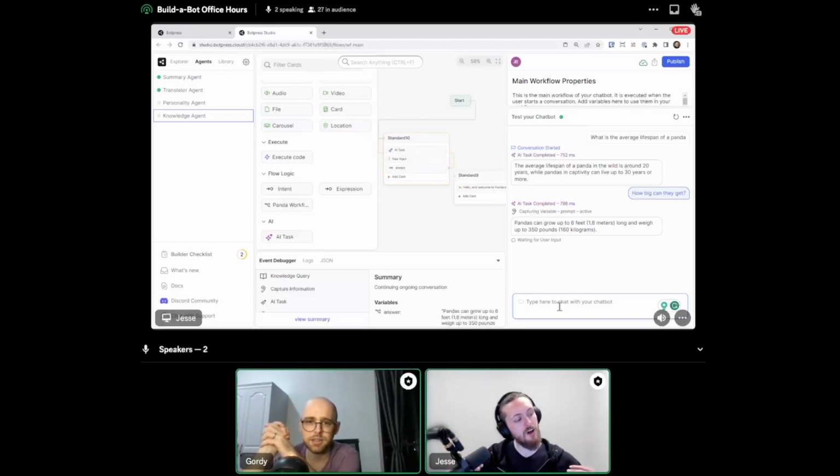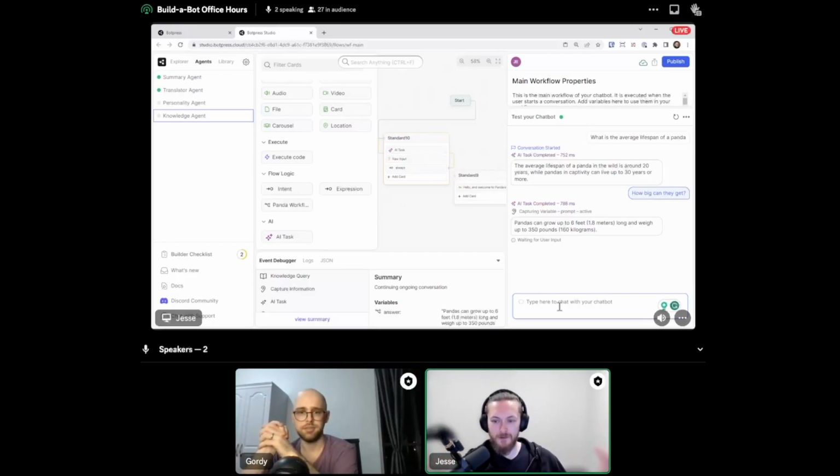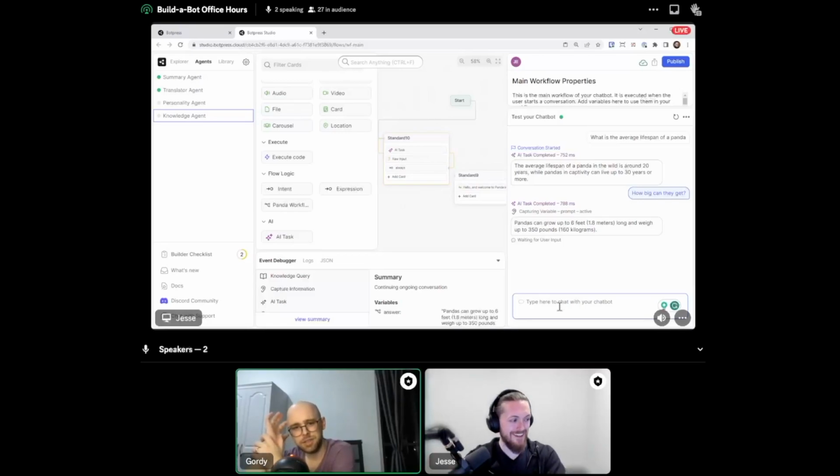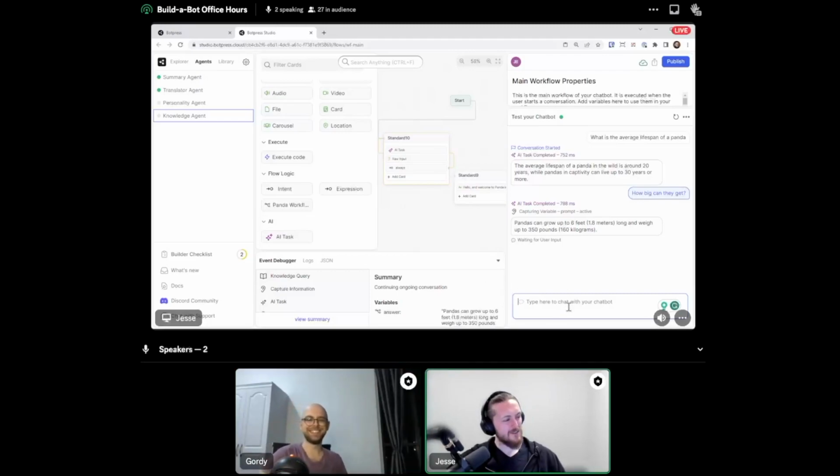That's bigger than me. Is that while they're on all fours, or is that standing up? Oh, it's got to be standing up. That would be huge. If they were on all fours, we'd measure them like horses in hands. We'd be like, yes, my panda is 12 hands tall. Is that short? It's like 17. 17's a pretty tall horse, right? I think so. Yeah, is it even